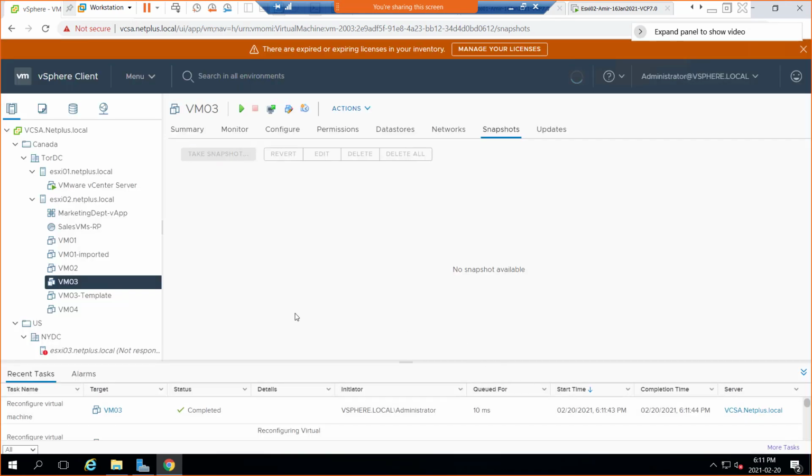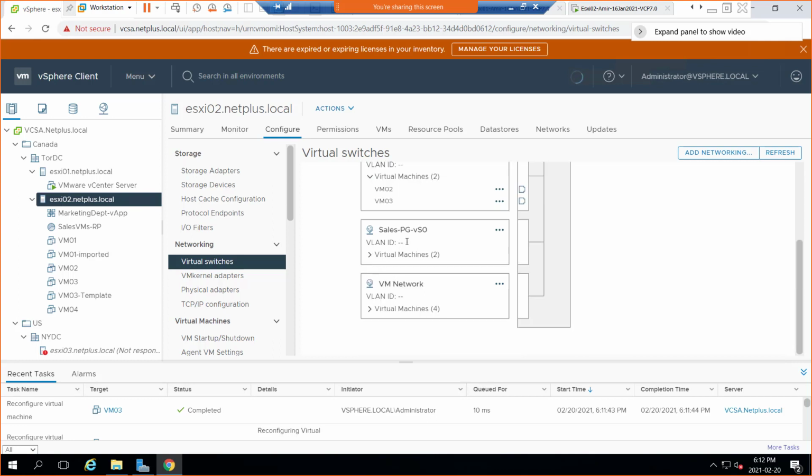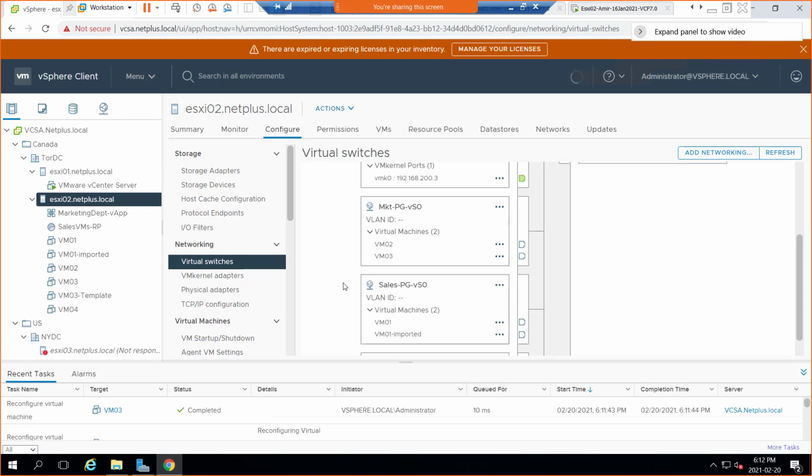So now the connectivity of the virtual machines to different port groups should be reflected in that vSwitch 0 as well. I want to see that too. So I'm going to go to the hypervisor level or ESXi host level, and then configure, then virtual switches, and now we can see that marketing port group connected to vSwitch 0 has 2 machines. If I expand that, the other 2 machines are showing there, and if I go down here, yes, the rest of the 4 machines are still with the default port group. So yes, if we want organization of these virtual machines, we can connect them to different port groups,